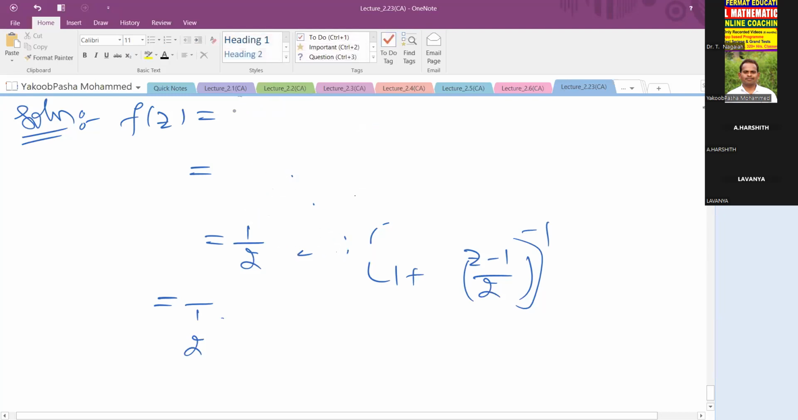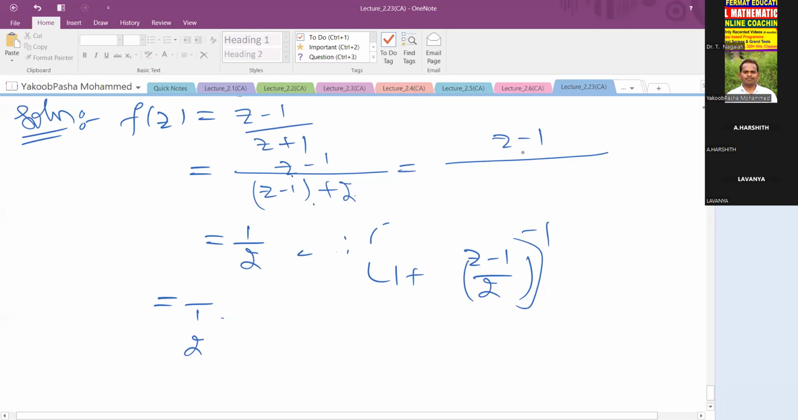Here, actually, the function is (z minus 1) by (z plus 1). So we can write (z minus 1) by (z minus 1 plus 2). We can take 2 common in the denominator. The numerator z minus 1 becomes 2 times (z minus 1)/2 plus 1. Okay, so 1/2 times of